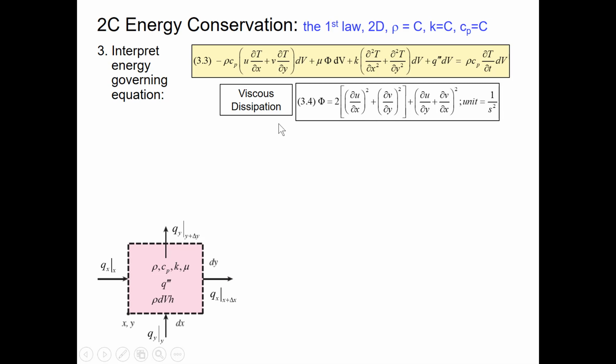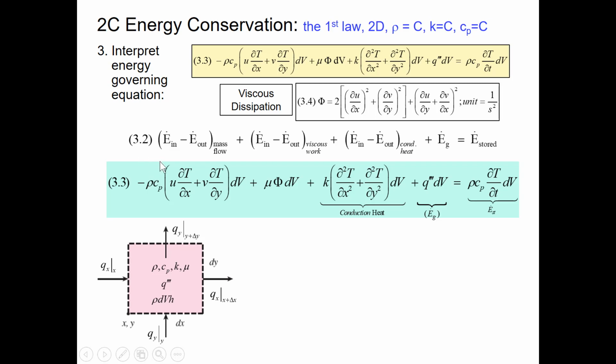If you wonder what is viscous dissipation, we'll discuss this later in detail. First, if we compare the first law statement in equation 3.2 with the energy governing equation 3.3, we discovered that